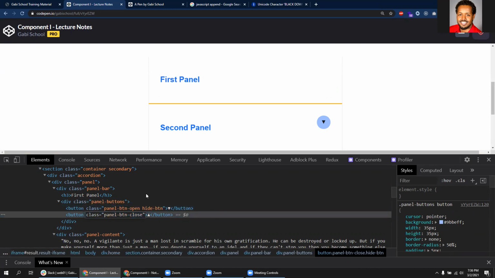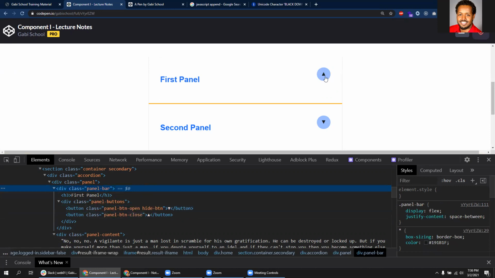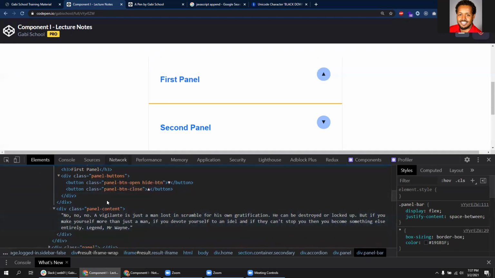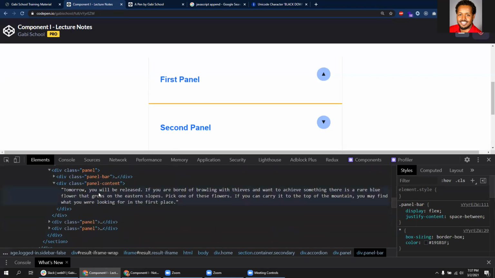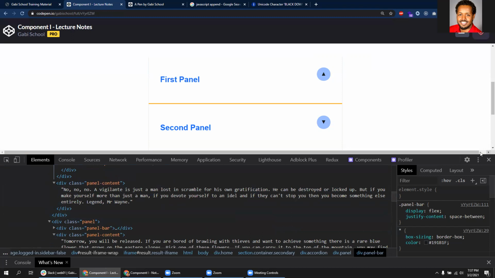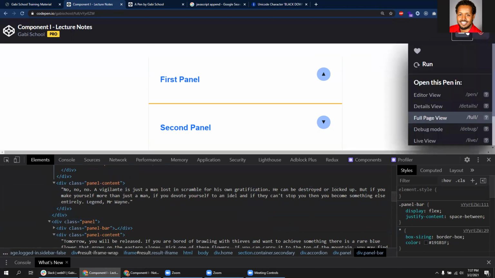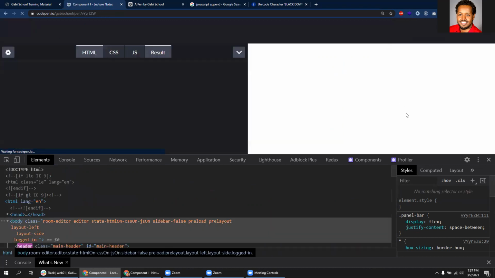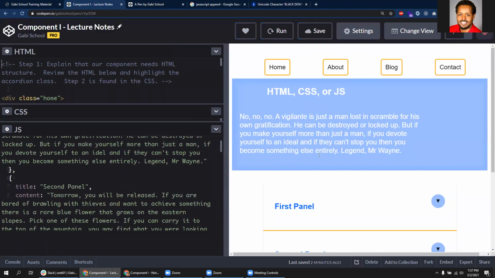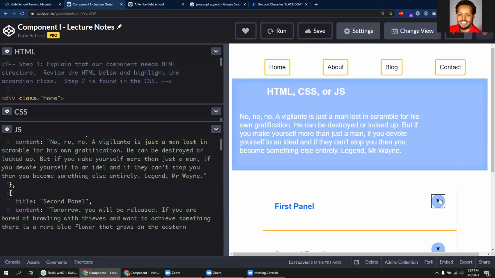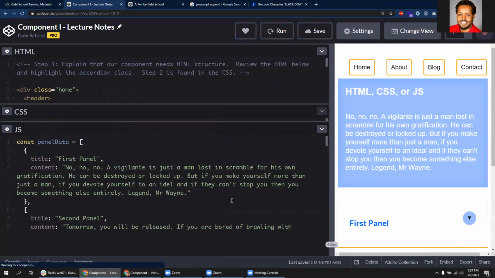We have to add the actual functionality, but it's gonna toggle when we add the functionality. But the content is there, everything is there, and this one has its own content right here. So we created everything. We just need to basically, let's just go back here. We just need to add the functionality to toggle this, change it back and forth so we can see the content. Any questions so far